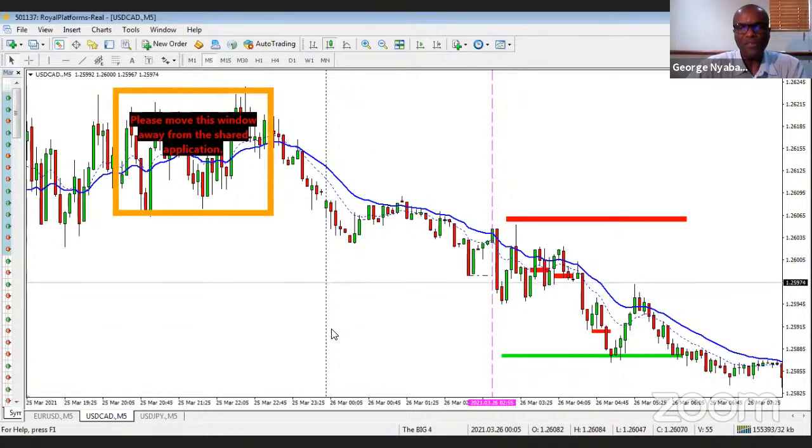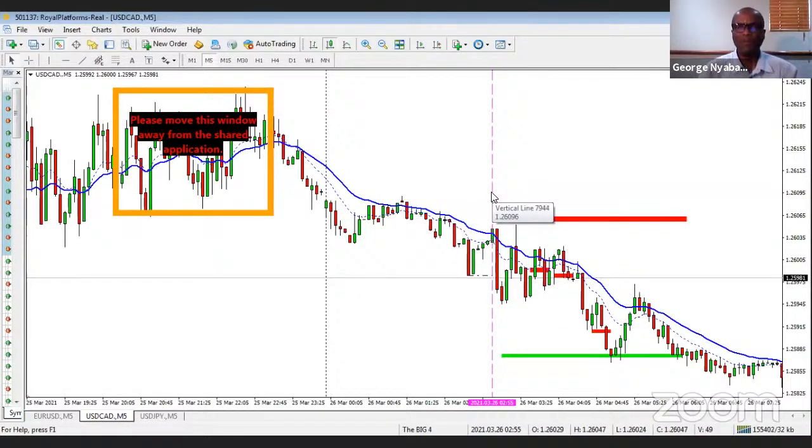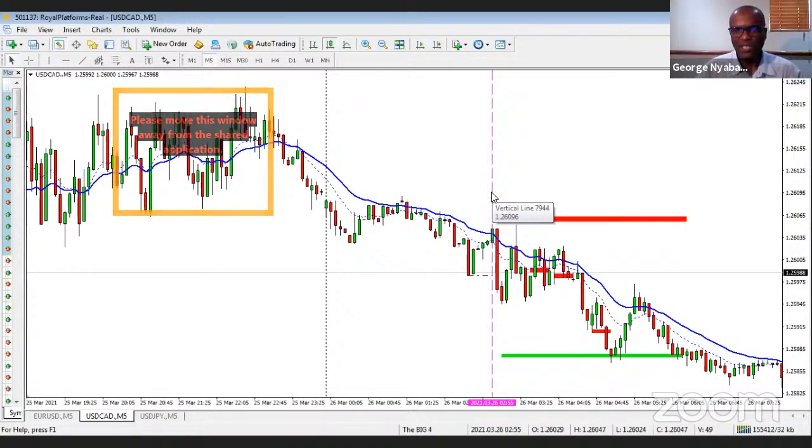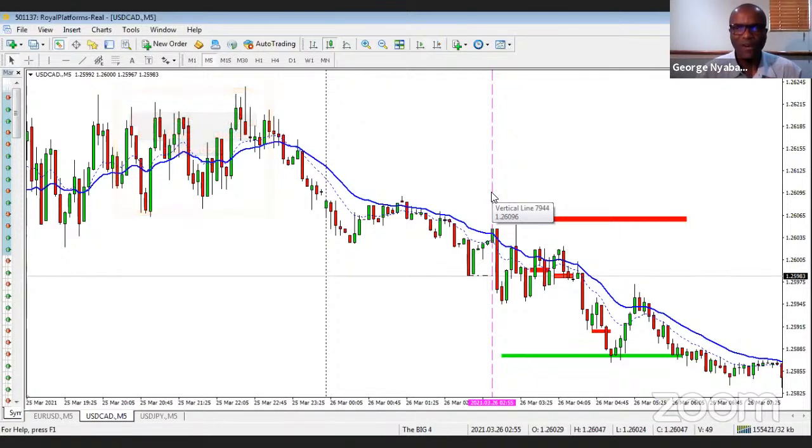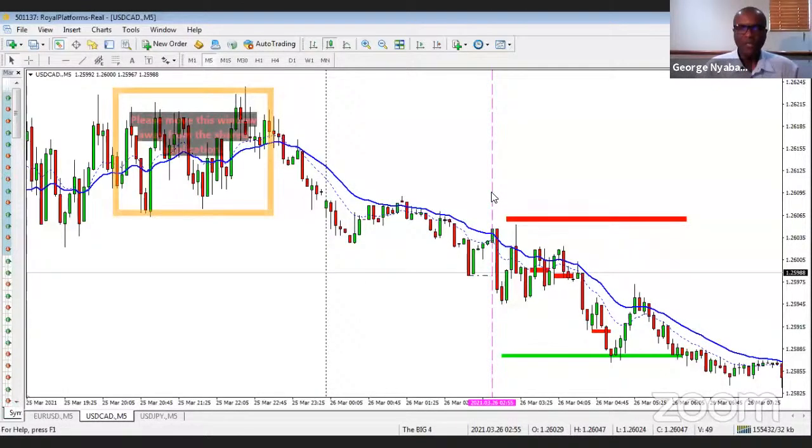So there is the open of the day, right here. There is a crossover rather. So for me, this vertical purple line marked the open, what I consider the open of the Asian session, and that's just the way I look at it. I look at when the Tokyo Stock Exchange opens for that first 2.5 hours. And I want to be in the market for that if I'm going to be trading the Asian session.